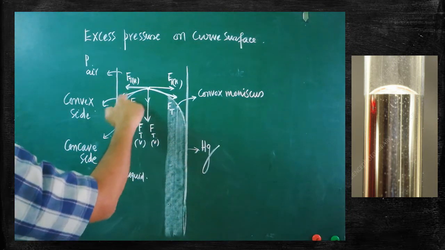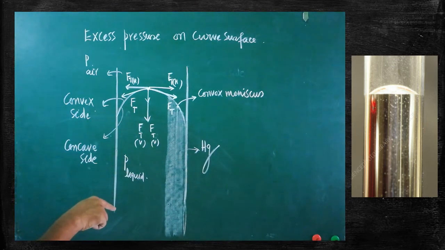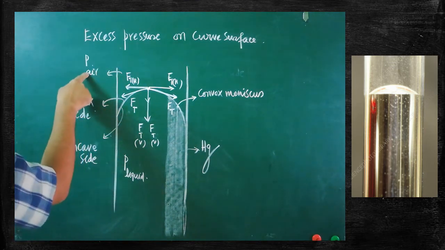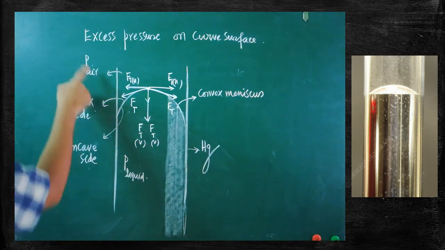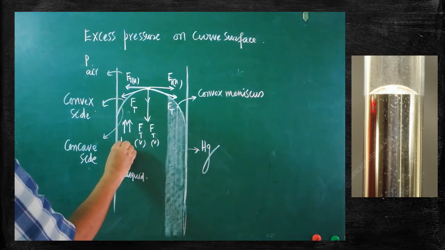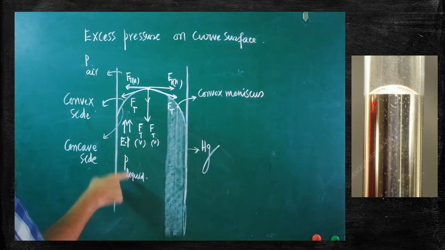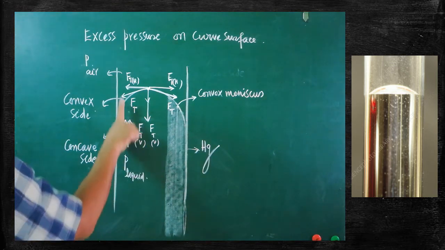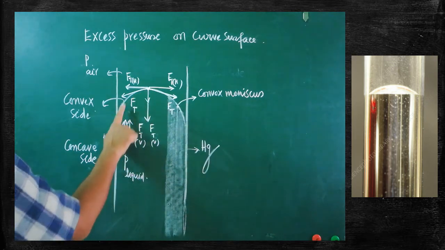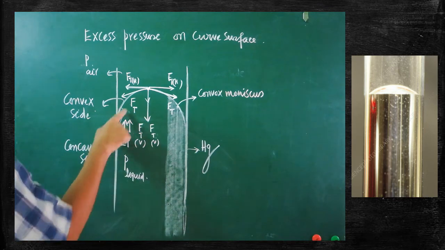So this surface must be in equilibrium, no? Therefore the excess pressure will act. How will you calculate the excess pressure? Here we have to consider two pressures. One is due to liquid and another is due to air. The difference in pressure between these two is called what? Excess pressure. Understood? The excess pressure is nothing but the difference between the pressure in liquid and the pressure in air. So excess pressure is acting from inside. That is acting on which side? That is acting on the concave side. Always excess pressure will be acting on the concave side.